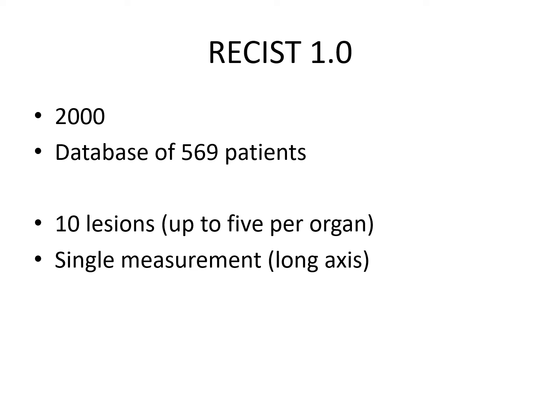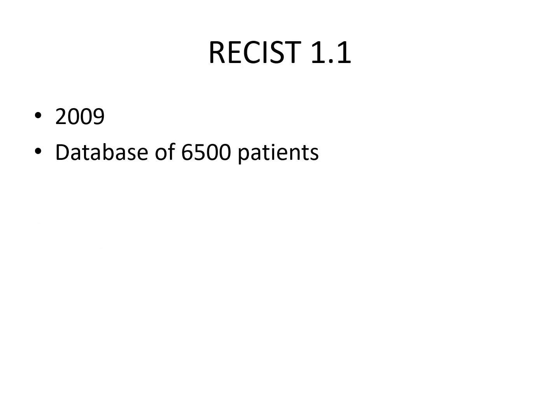They set a maximum number of lesions to measure, and they just did the long axis measurement as a barometer. This also had some limitations, so I'll just go straight forward to RECIST 1.1, which was some years later,